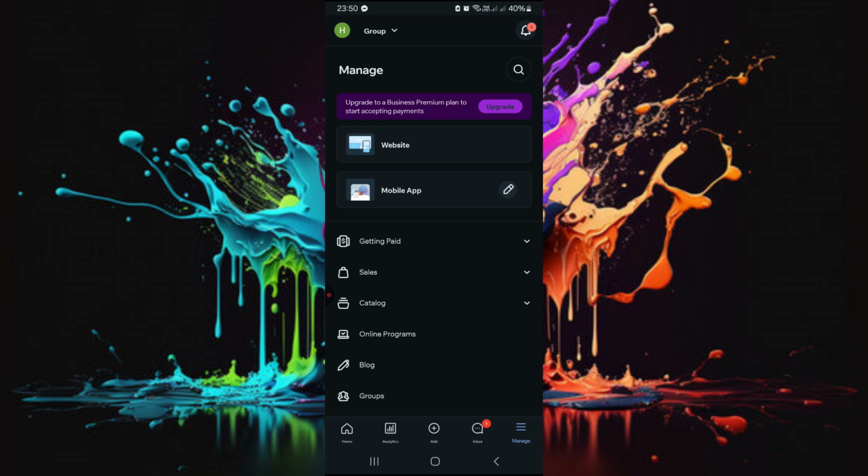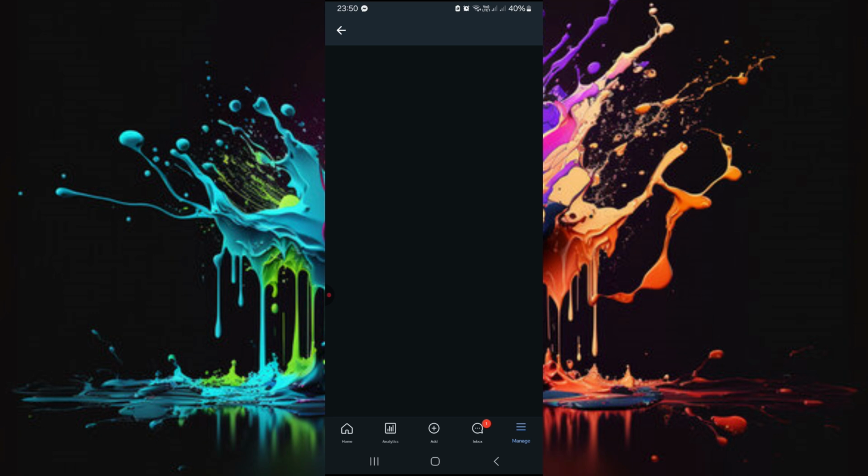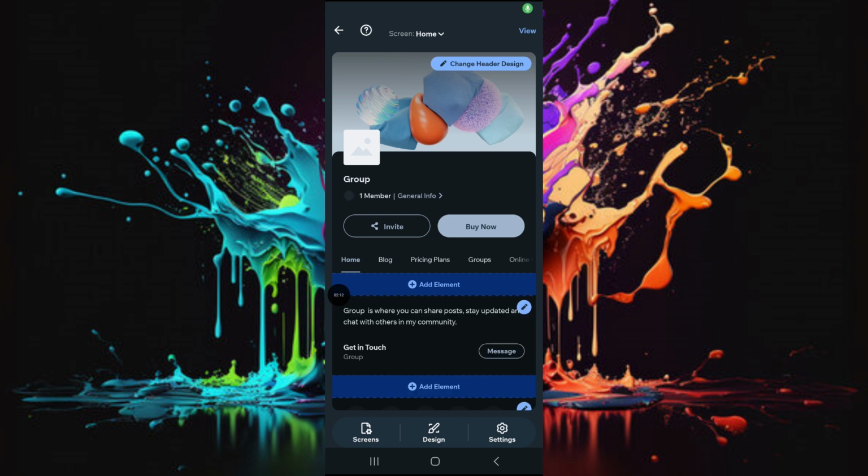go to manage options, and you can also edit your website or mobile app from here. Tap on the pencil icon for editing the mobile app. Then you can